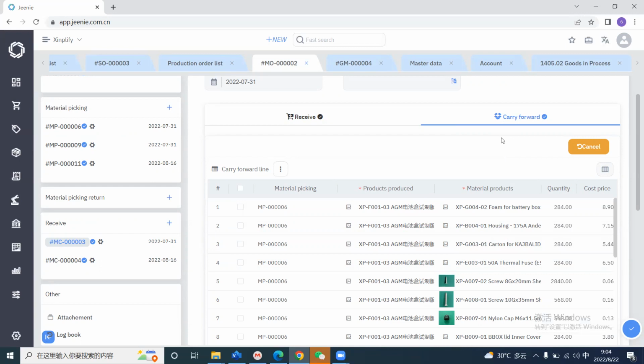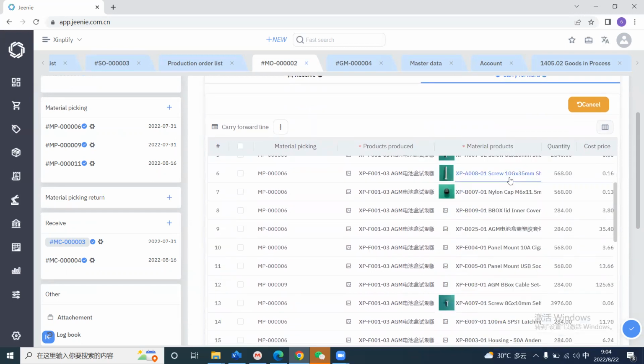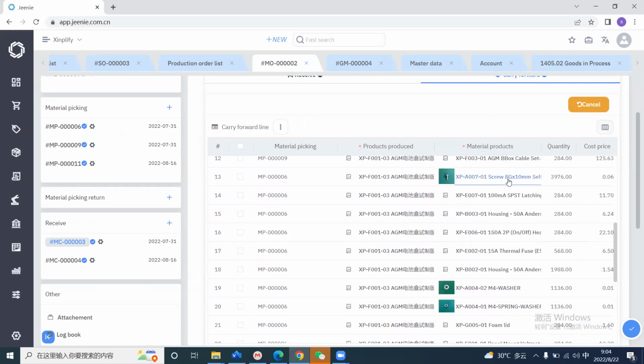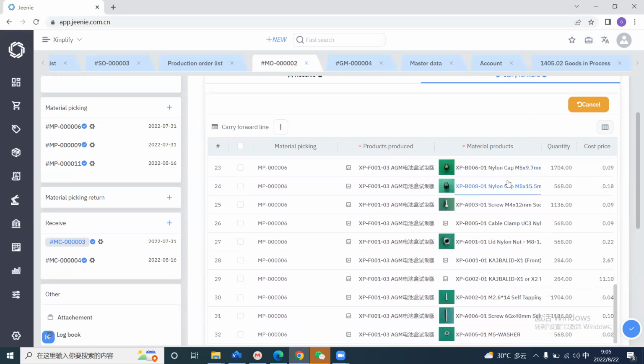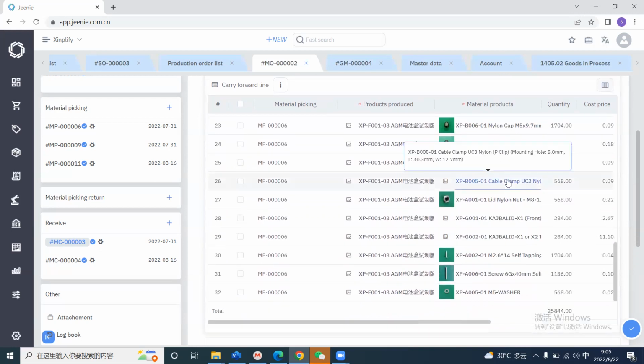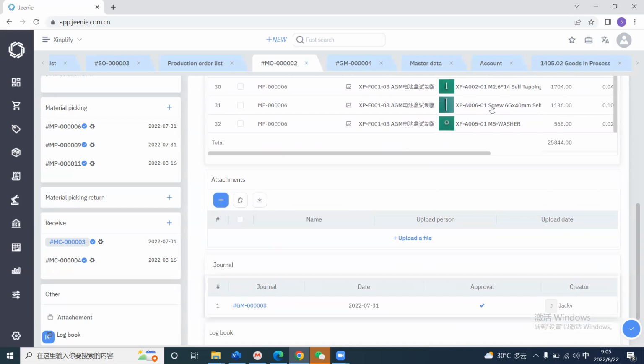Then you can see that material picking. So this is from different material picking. This is the quantities of the raw material and the cost. So these quantities and this cost will be accounted into the finished product for this particular receipt, which is MC